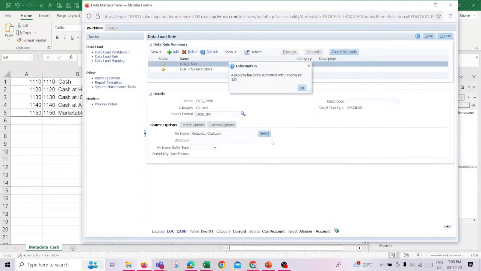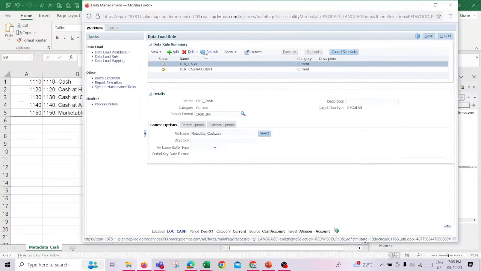You can select the start and end period if you have it. If not, then it's okay. Refresh it. After 10 seconds you can refresh it. You need to check that whatever location, period, category, and source you have selected has been generated or selected properly, otherwise the rule will not